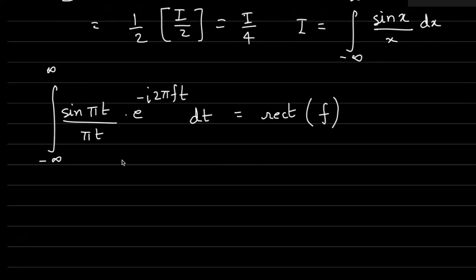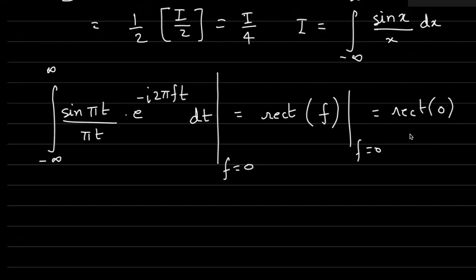Okay. It is very simple. So if you evaluate this integral at f equals 0, then this will become rect of 0, which is equal to 1. So therefore, from here,